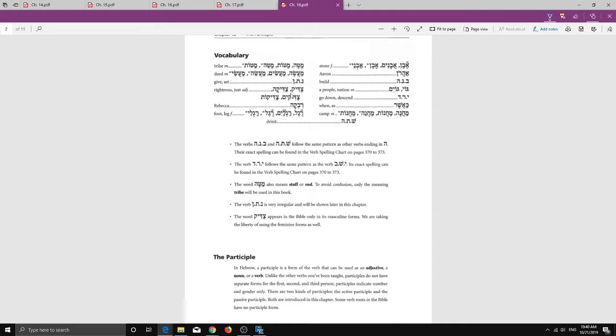Next we have tzaddik, tzaddikah, tzaddikim, tzaddikot. So you can tell from these four forms that obviously this is an adjective. Okay, we have the masculine singular, feminine singular, masculine plural, feminine plural. And this is the word for righteous or just, tzaddik. Okay, then we have Rivka as our word for Rebecca. Then we have regel, regalim, regel, ragle, and that's our word for foot or leg.